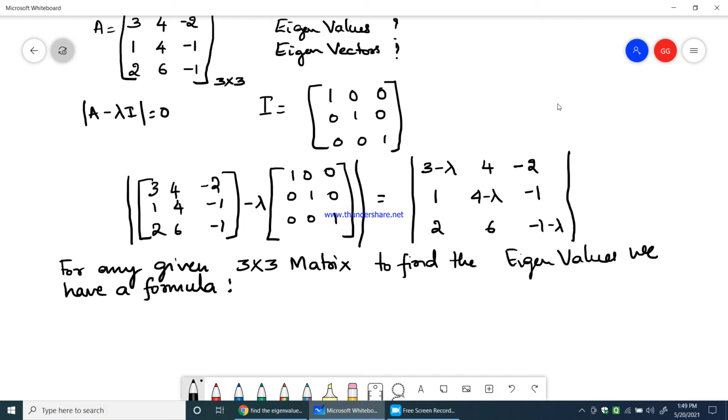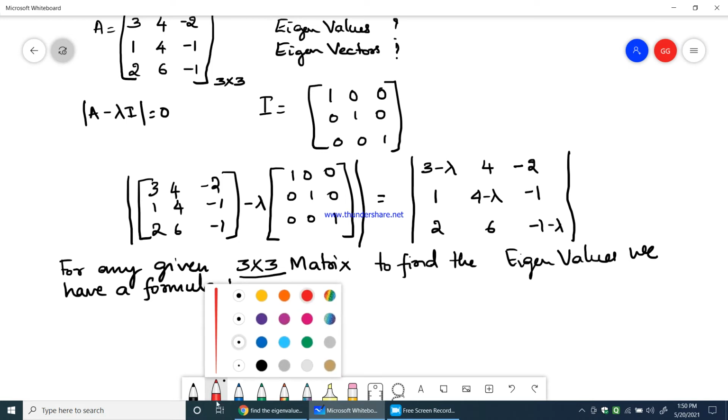So this is for only a 3 cross 3 matrix to find out the eigenvalues. Either you can go on continuing with this determinant and finding out what the lambda values are, or instead of that, there is a standard formula that we will use to find the eigenvalues when we are given a 3 cross 3 matrix. So it is lambda cube,